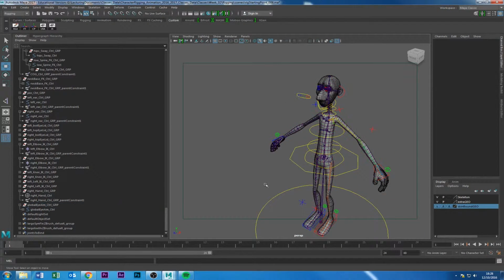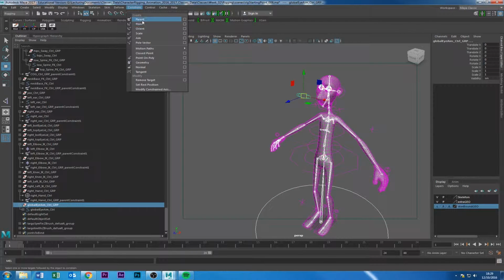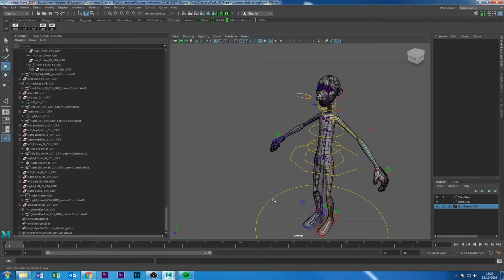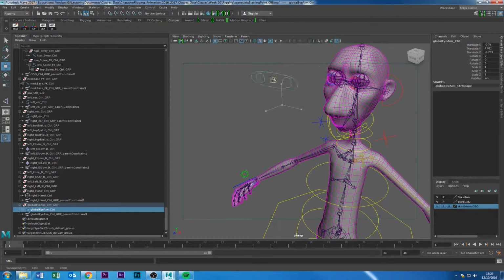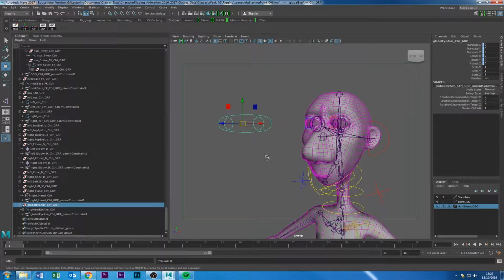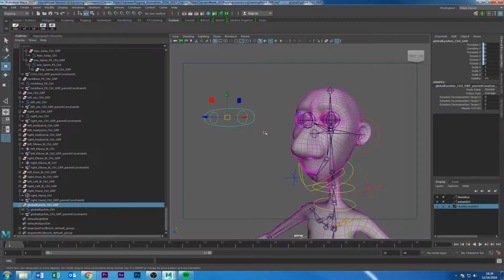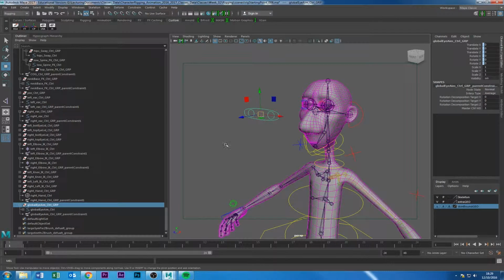Got that. So we got master and slave, parent constraint, and I think that's it for now. So we're gonna keep it that it's gonna aim. We're always gonna look to this. Like I said earlier, you can probably delete the parent constraint and create a new one that blends between the head and the global control,